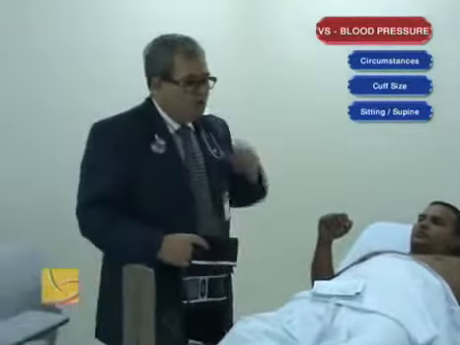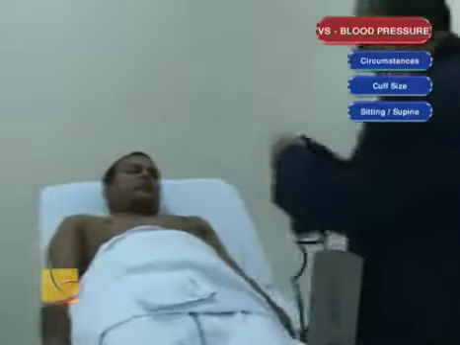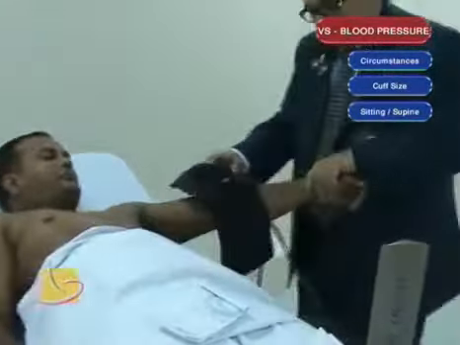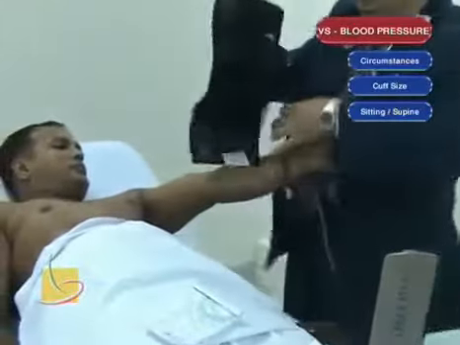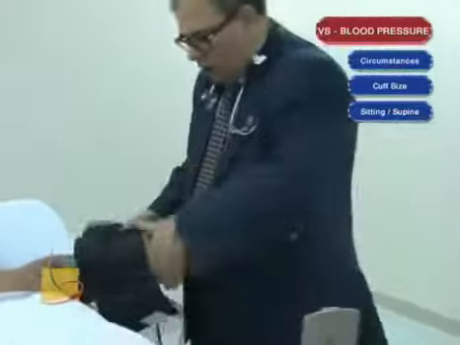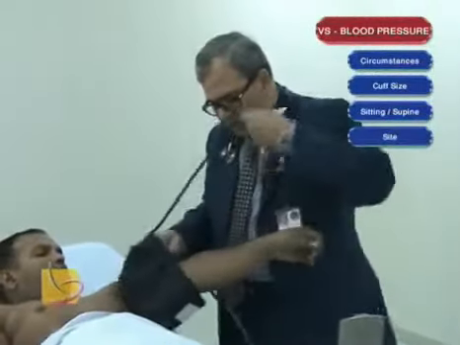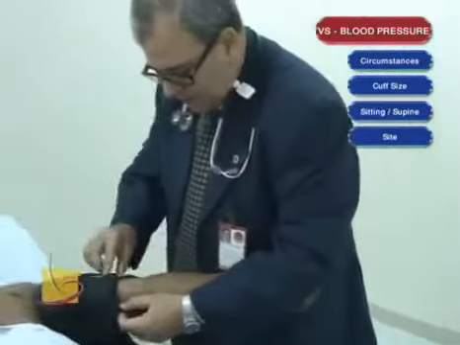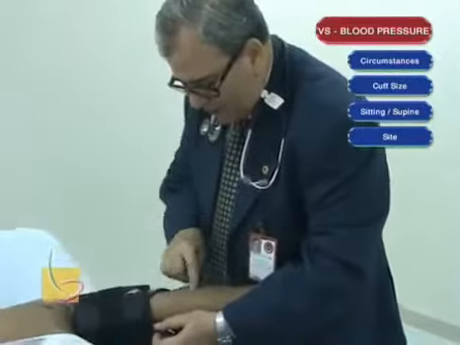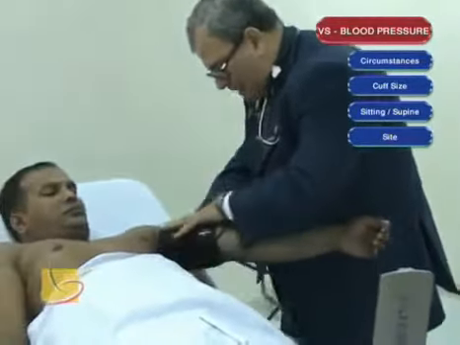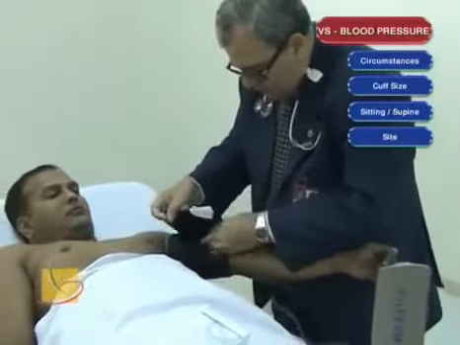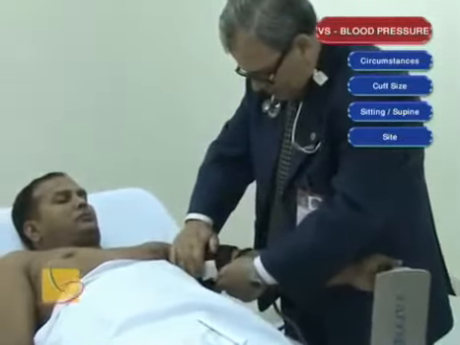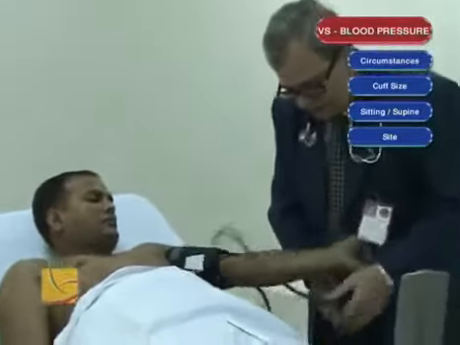So if we apply this, we go to the left side of the patient. We apply the cuff firmly, as I mentioned, not too tight and not too loose, just a firm application, 1 inch above the antecubital fossa, this way. And this mark should be parallel to the brachial artery. And this is how we apply it. Firm application. Then I hold